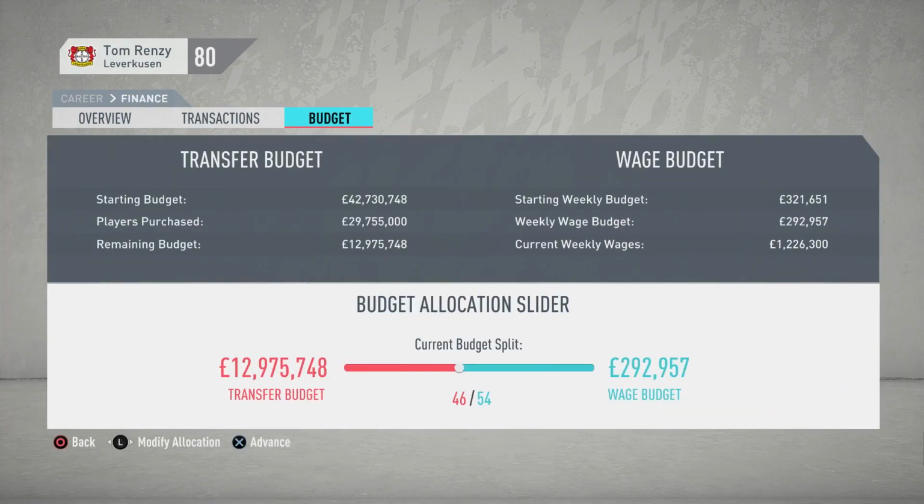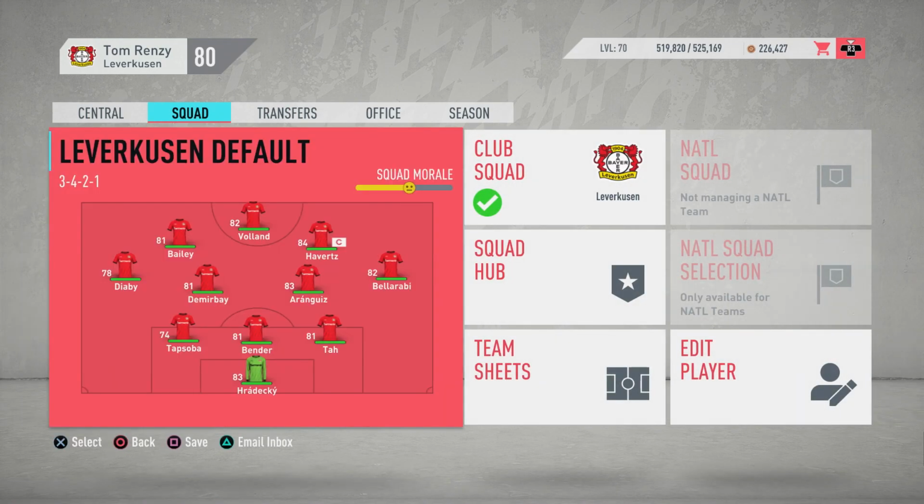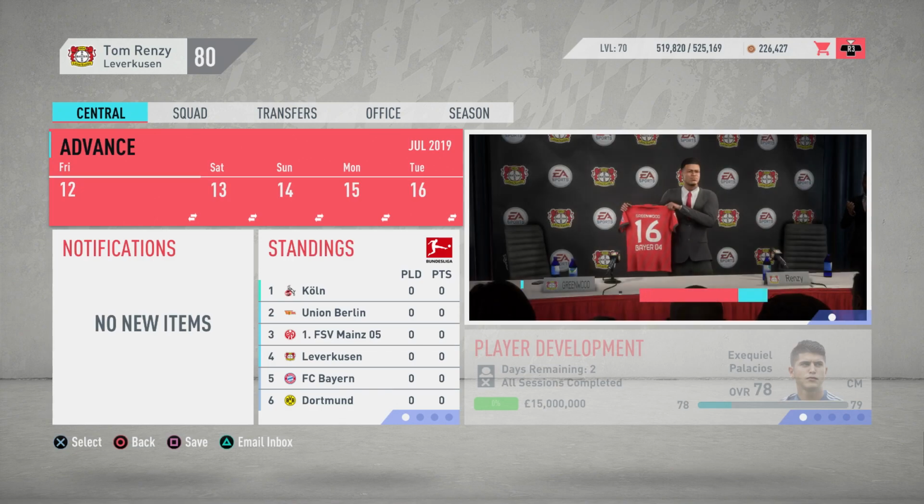I can move the wage along, because I doubt a player for that value will want a wage that high. So we'll go for around about 125. So 21 million there. If you guys know any players that could sign for around about that value, do let me know down in the comment section down below. But we're going to sim ahead now, see if any offers come in, and try get to the first game